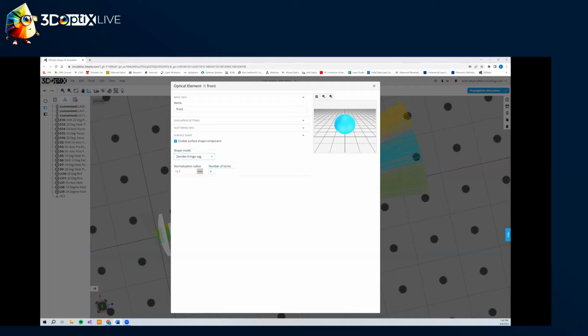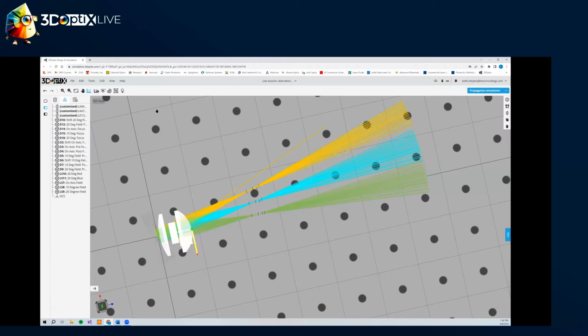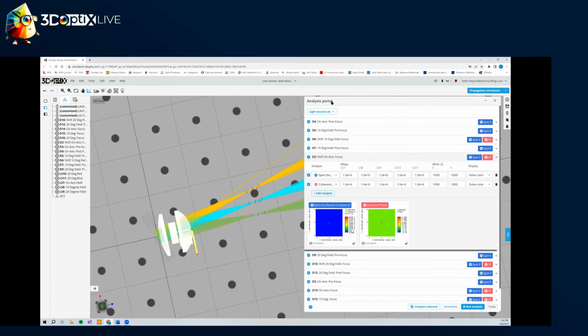And for this, we're going to go over a couple of these terms. So we're going to first start with astigmatism. So we're going to go up to term 4. And the third term is going to be our oblique astigmatism. So let's make that 0.1 millimeters. Okay. We'll close this. And then we will go back up to the analysis portal so we can see what happened